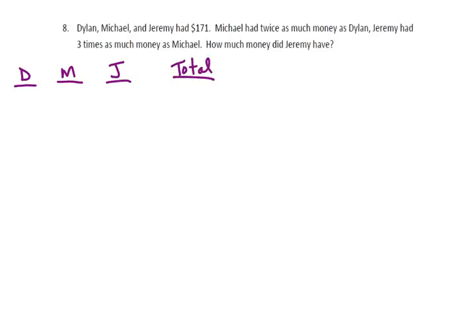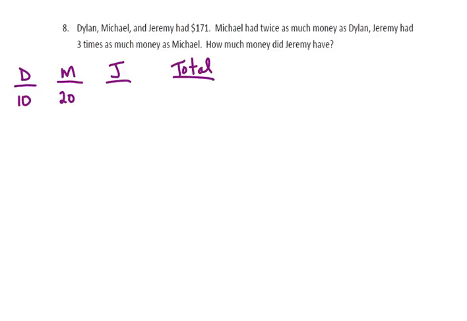Well, we need to get to a total of 171. Let's take the simplest method possible. So let's say Dylan had $10. Michael has twice as much money as Dylan has, so that means that Michael must have $20. Now, Jeremy has 3 times as much money as Michael, so Jeremy must have 3 times Michael's amount of 20,